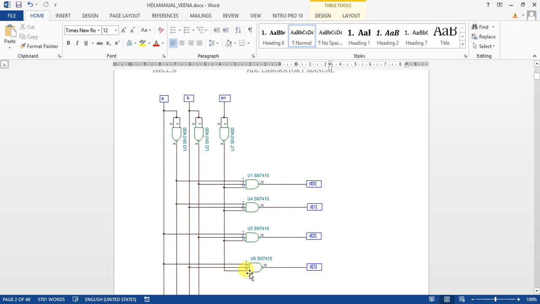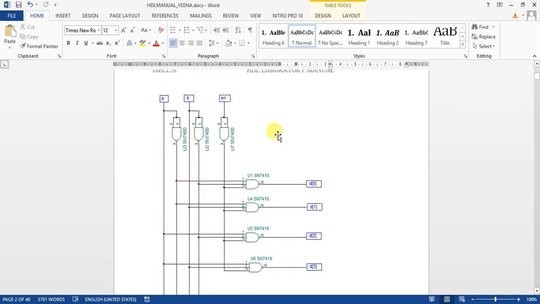So when all become like this, d naught becomes 0, here d1 becomes 0, here d2 becomes 0, here d3 becomes 0. If you want to make it active high, again you have to put a 2 input NAND gate here, here, here, and here, then you can get active high. So this is the active low output. A NOT gate also you have to implement using NAND only. If you put 4 more 2 input NAND gates here, then you can make the active high output.